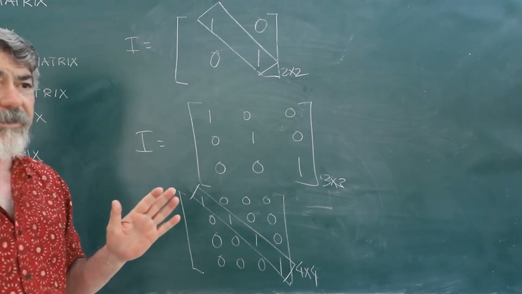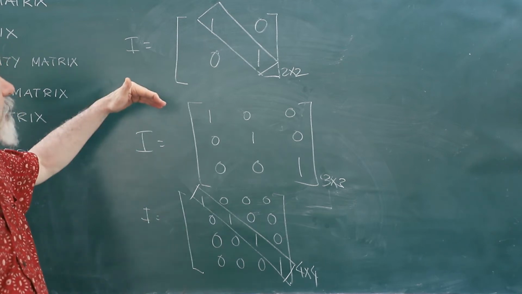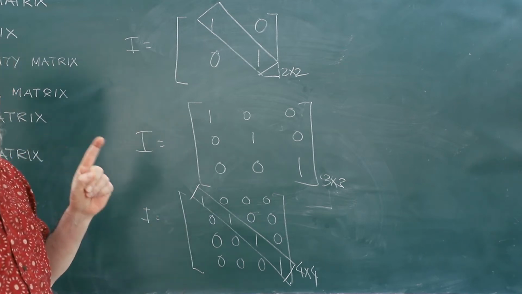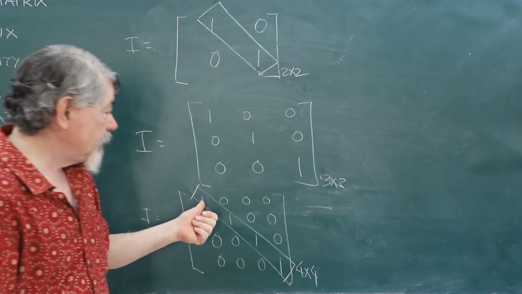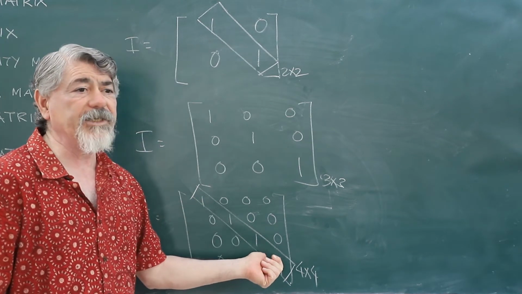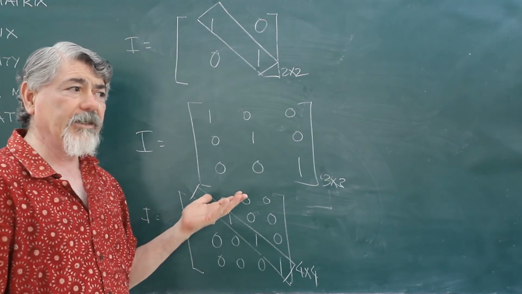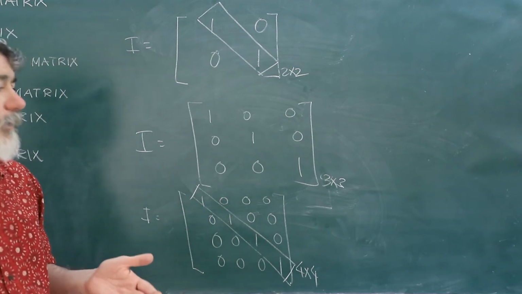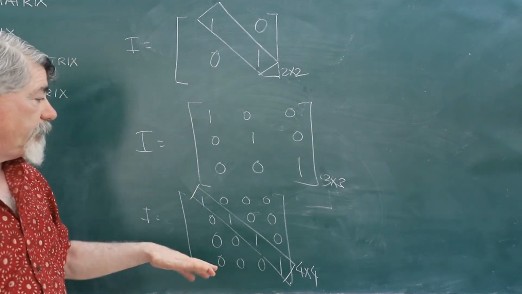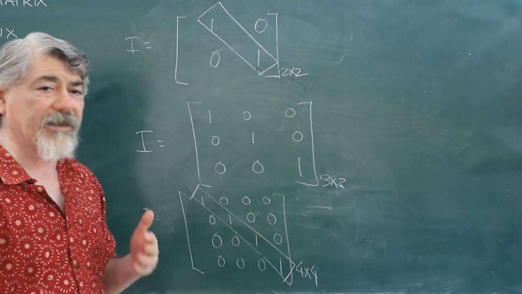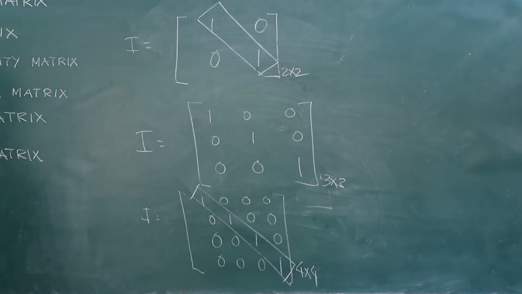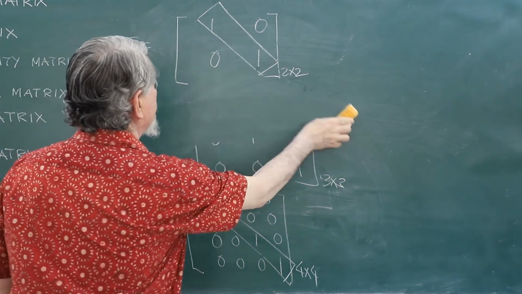In the diagonal matrix as well as in the unit matrix, the only difference is that in a diagonal matrix the diagonal elements don't have to be unit. They can be non-zero. Any numbers can be there. But in a unit matrix, the diagonal elements have to be unit. Then it becomes a unit or identity matrix.